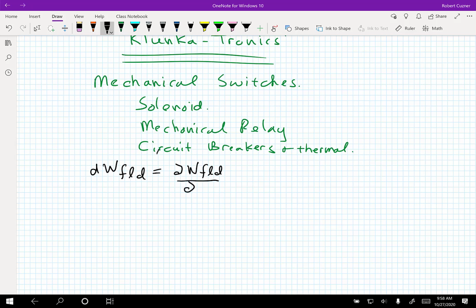Partial derivative of the energy with respect to position evaluated at a specific value of flux linkage, times the dx, plus the partial derivative of the energy with respect to lambda evaluated at a specific position x naught times,